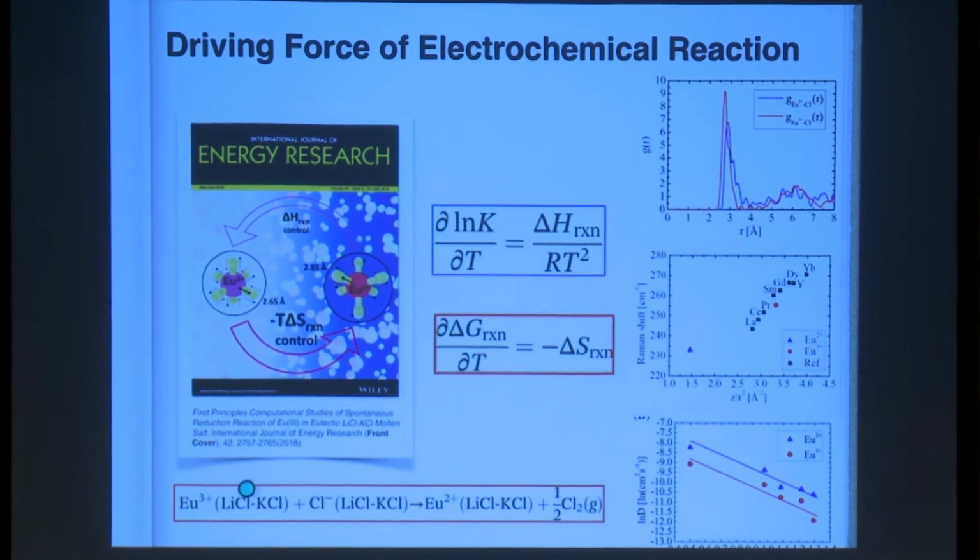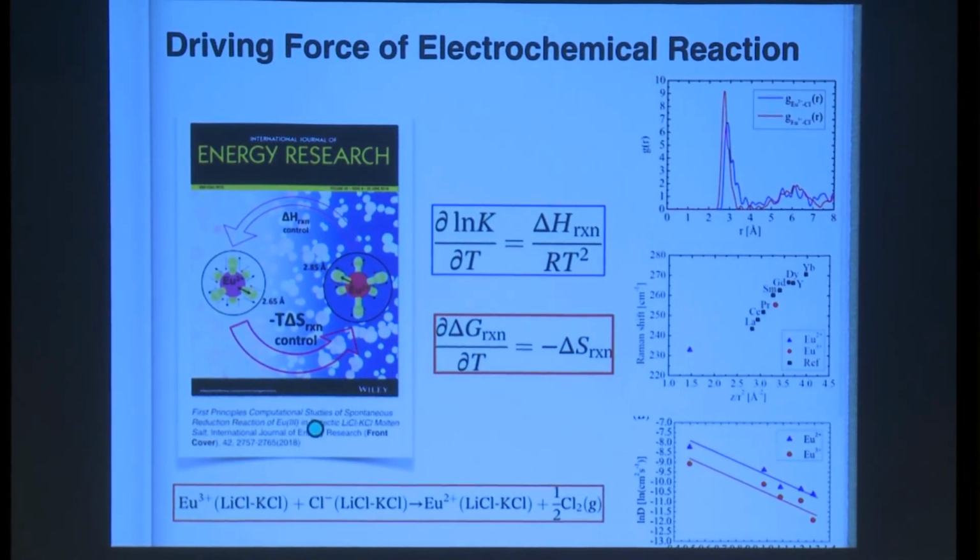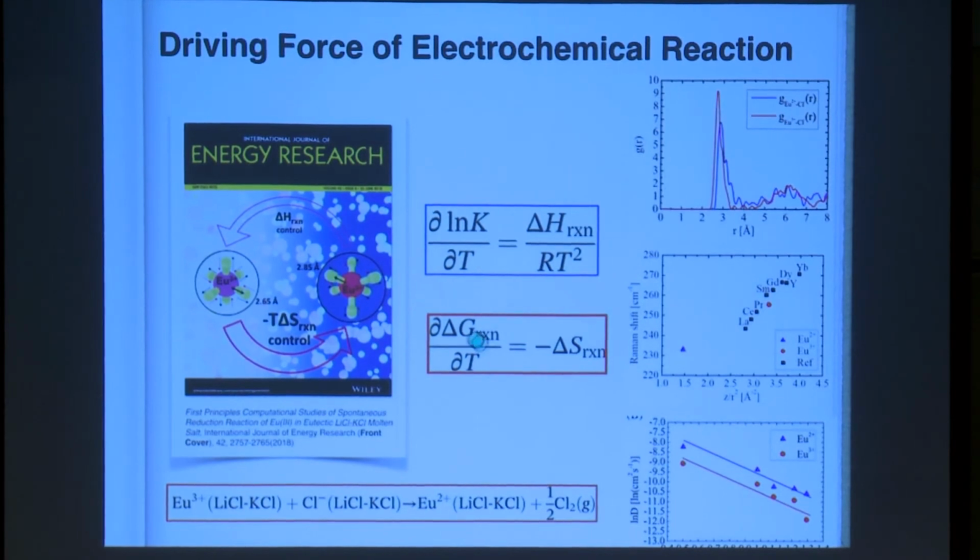But if you calculate the uranium 3+ to 2+ reaction, you're going to find out that the enthalpy is non-spontaneous. It is an endothermic reaction. But still you found out that uranium 3+ and 2+ coexist in the molten salt media. So we analyzed it by using thermodynamic ground, like the Van't Hoff equation, and also the slope of the Gibbs free energy with respect to temperature is nothing but entropy. If you do apply these two equations, you're going to find out that this reaction is driven by entropy change,